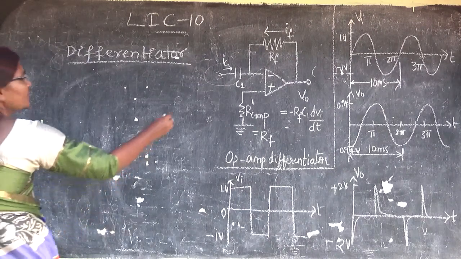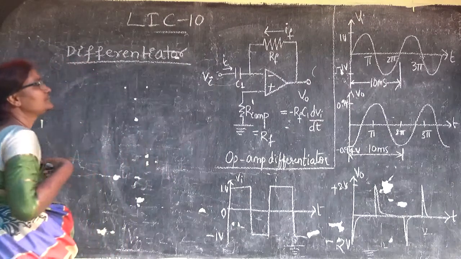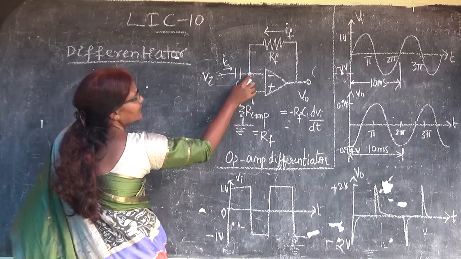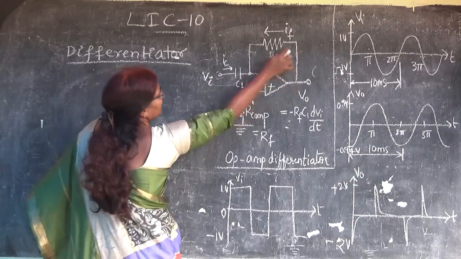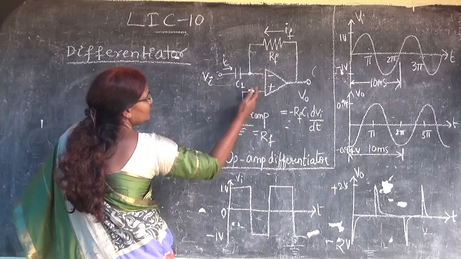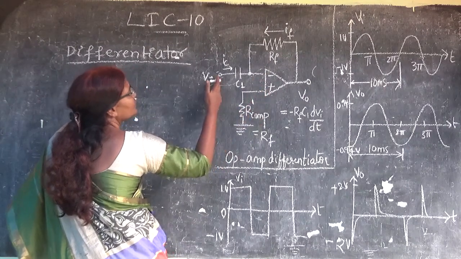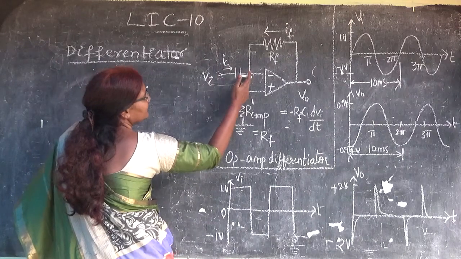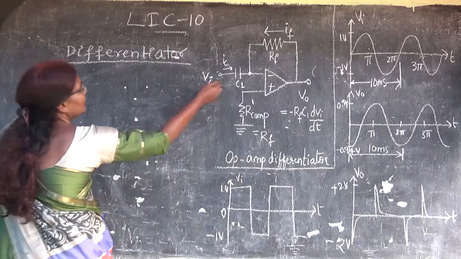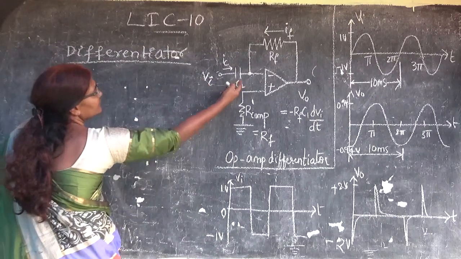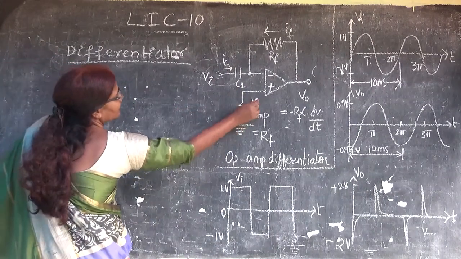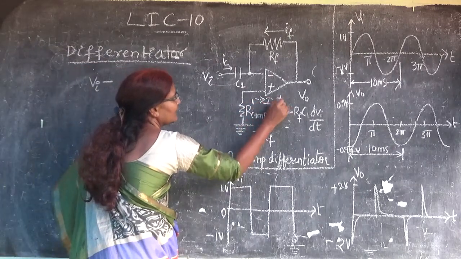Vi. So if Vi is given here, then the current entering into the junction and this current also entering into the junction, or you can write it as, because the current entering into the op-amp is considered as 0, we can consider that whatever current is entering, the same current is leaving. In either way you can do the analysis. So if my current entering into this junction is Vi minus, here no current, Ib plus is equal to 0